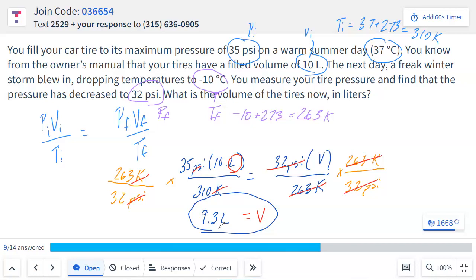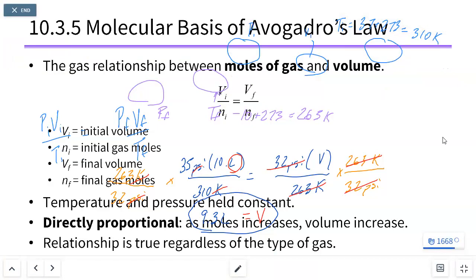Right. Any questions with the combined gas law? Okay, so